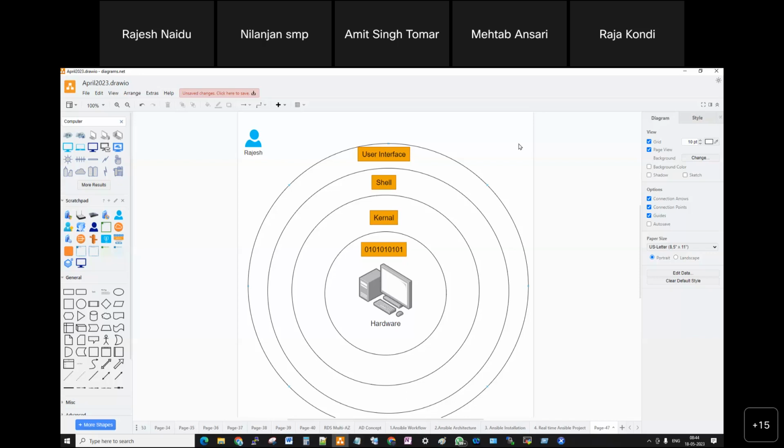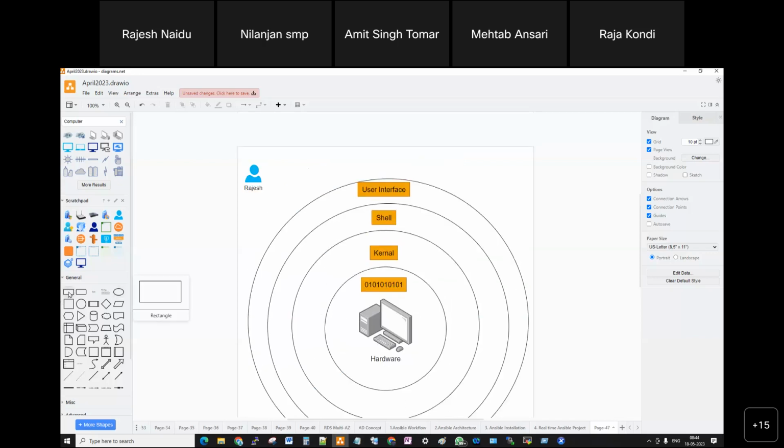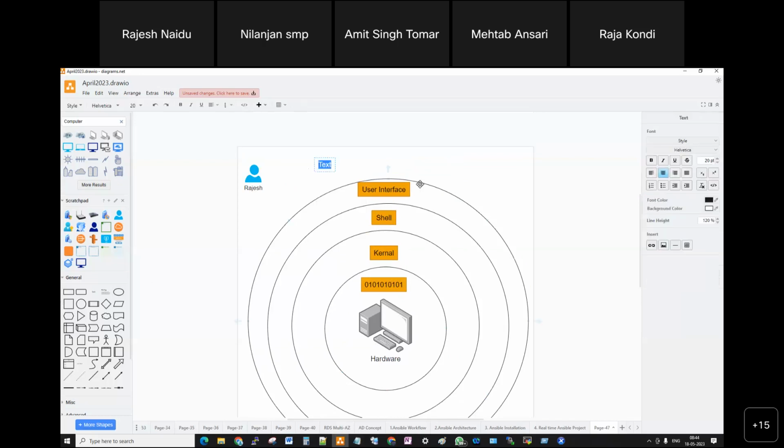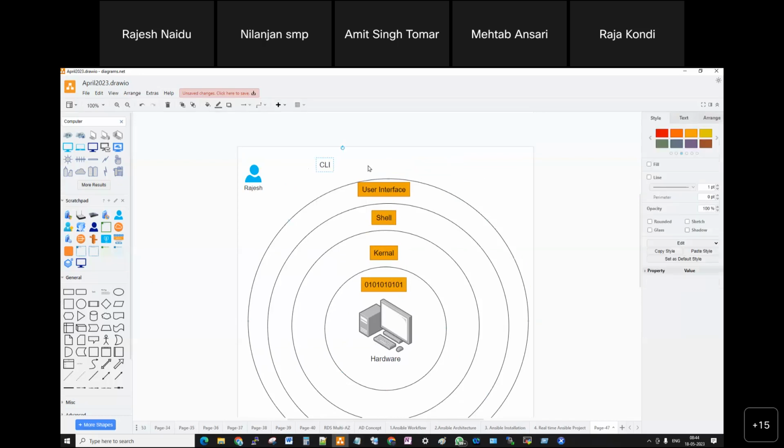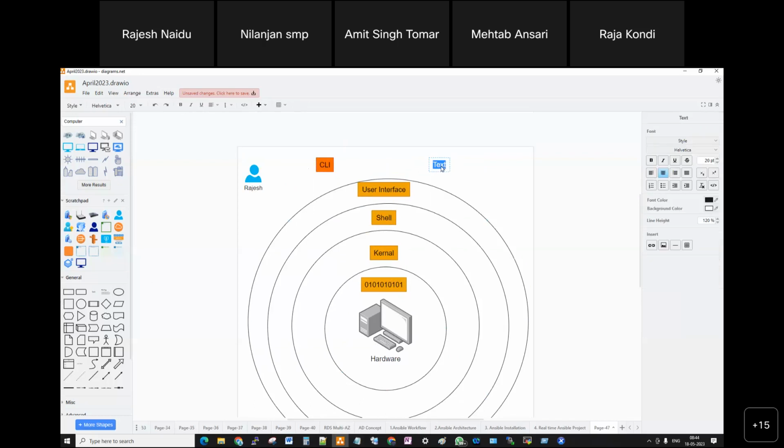So all these operations we are executing, we do through the interface only. But again, the interfaces are of two types. The one interface we call CLI, command line interface. Another interface is nothing but, any idea? Graphical user interface.